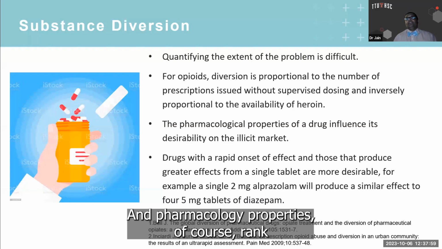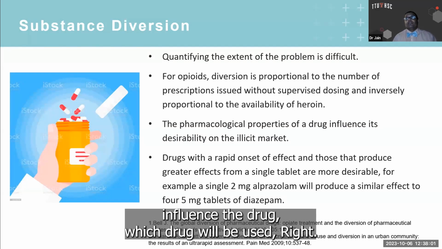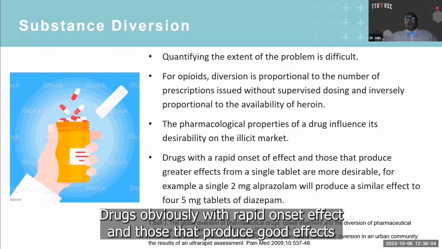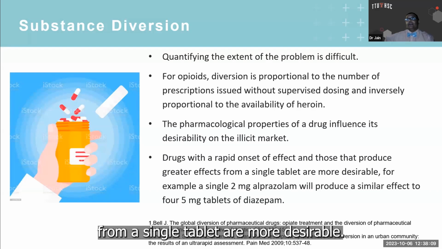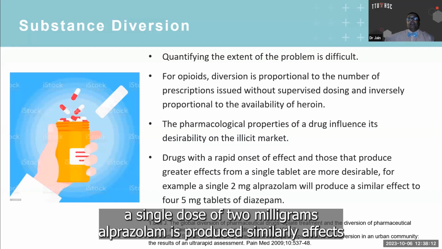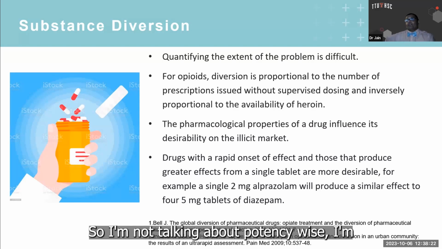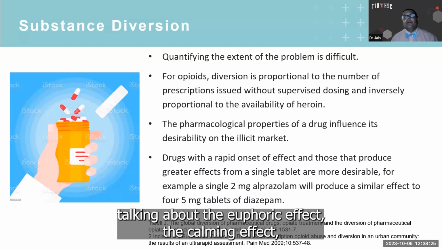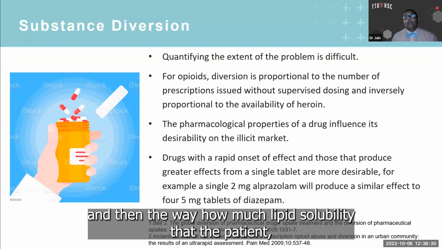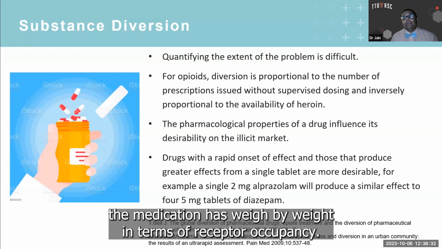And pharmacological properties, of course, influence which drug will be used, right? Drugs, obviously, with rapid onset of effect and those that produce greater effects from a single tablet are more desirable. For example, a single dose of 2 milligrams of alprazolam will produce similar effects to four tablets of, almost 20 milligrams of, diazepam. So I'm not talking about potency-wise. I'm talking about the euphoric effect, the calming effect, and how much lipid solubility the medication has. Weight by weight, in terms of receptor occupancy,